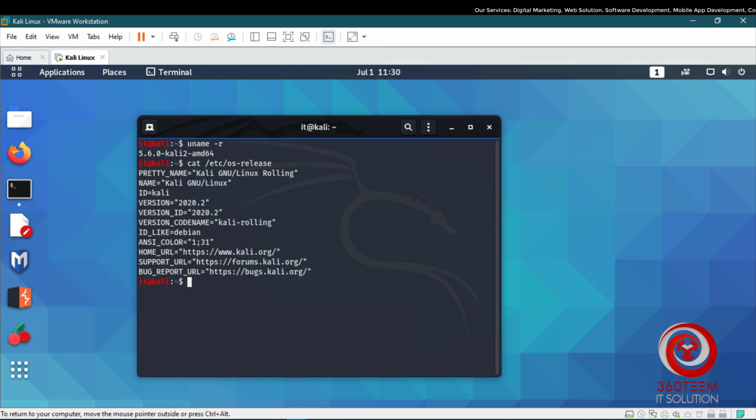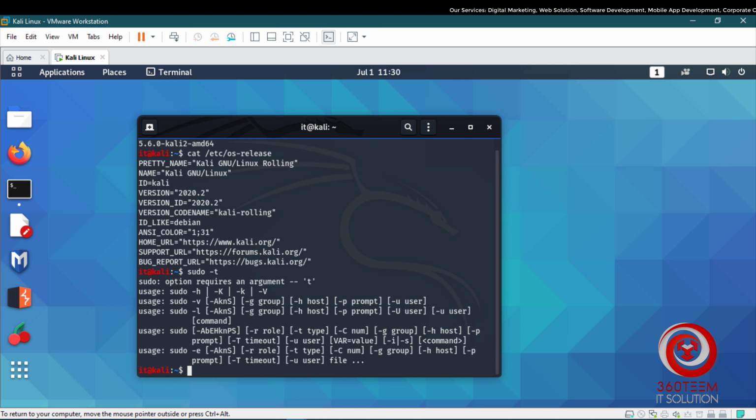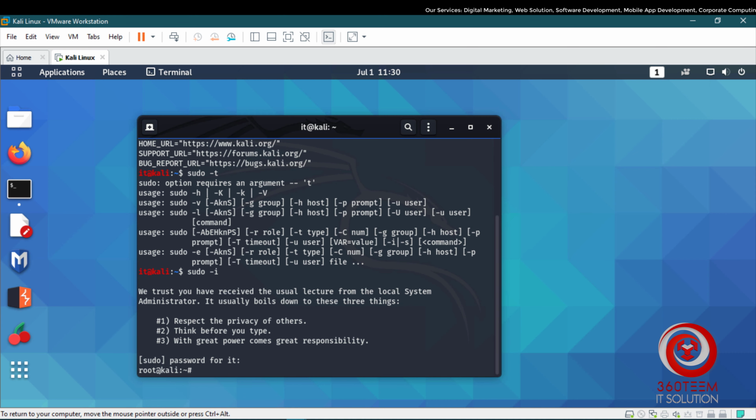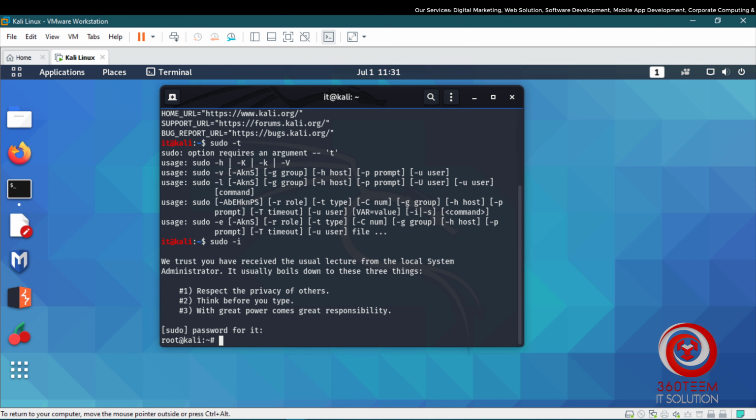The process is, first of all, we have to log in as root. The command will be sudo su. Now I have to enter this user's password. Now I am logged in as root.